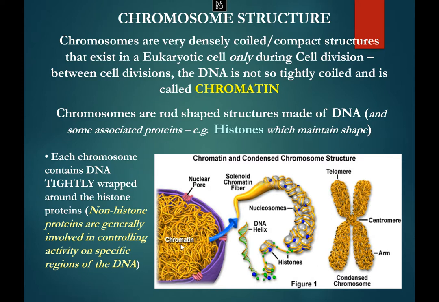When a cell is getting ready to divide, those materials need to get organized because in order for the cell to divide, you need a perfect split, right? Everything needs to be copied perfectly and everything needs to split in half perfectly. So all this genetic material will tighten up, it will coil up, and it will wrap itself around proteins called histones until it's condensed into what are actually chromosomes, which are these X-shaped structures that I think, at least to me, are like the classic chromosome shape.